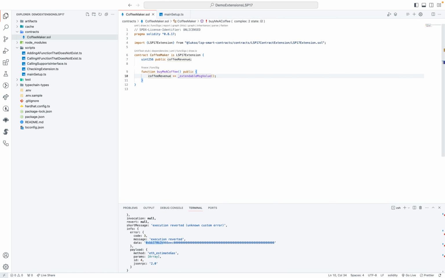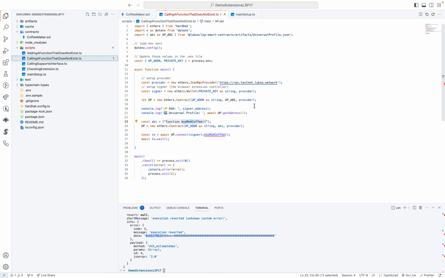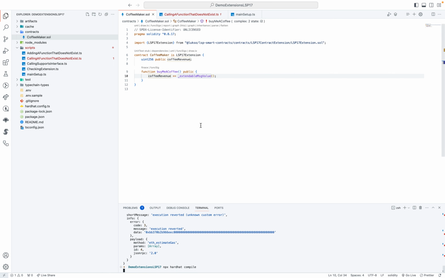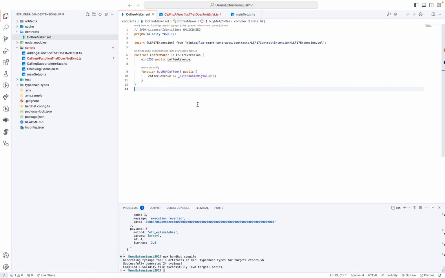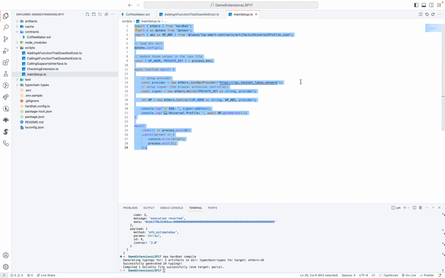It's super simple. Obviously if we run the script again, it will still fail because we just coded the solidity part and we didn't deploy it or add it as an extension yet. So what we're gonna do is npx hardhat compile, then we're gonna add the function that does not exist. So we're gonna take the main setup,